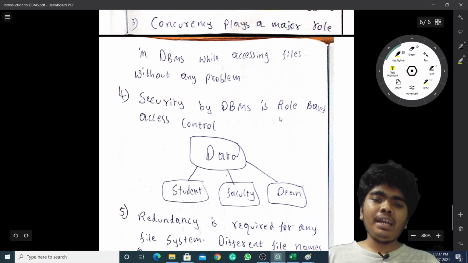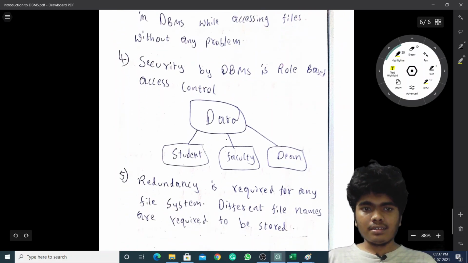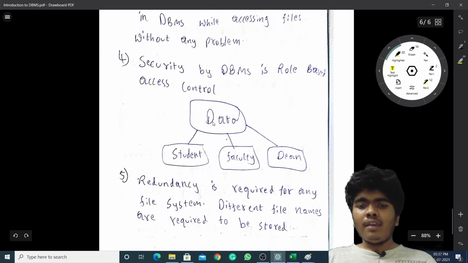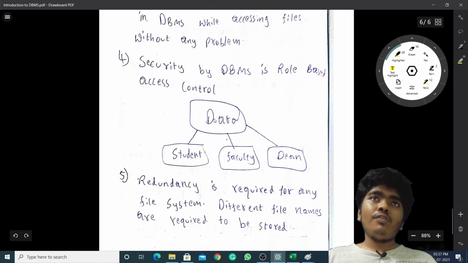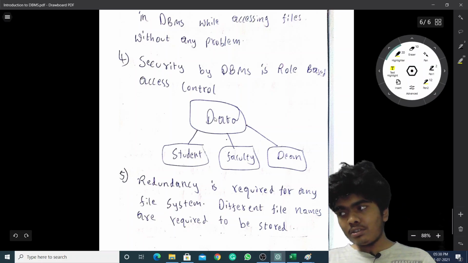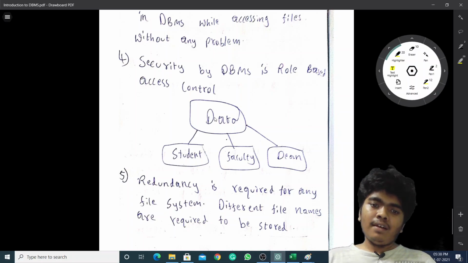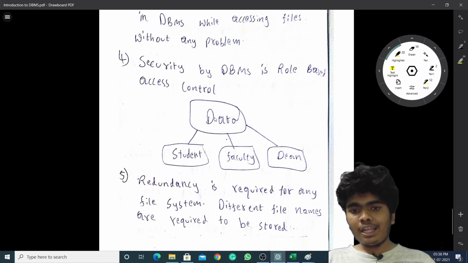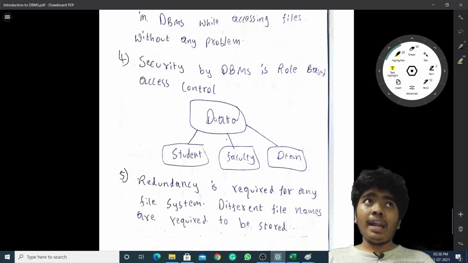Security in DBMS is role based access. If we post a link in some group, students can access only up to a particular place, faculty up to another place, and the dean can edit those things.